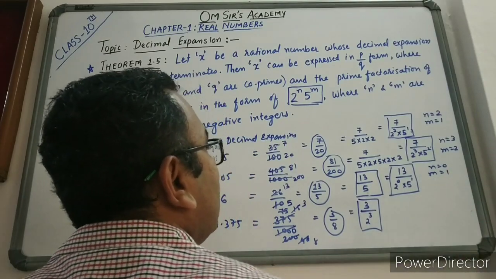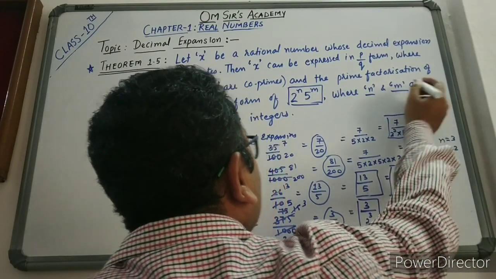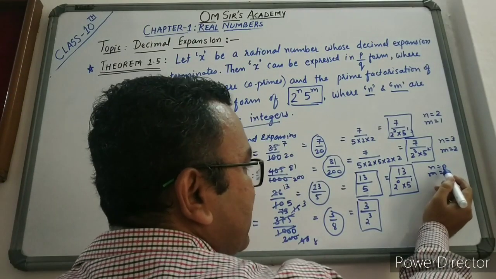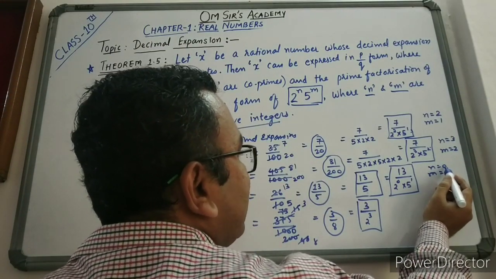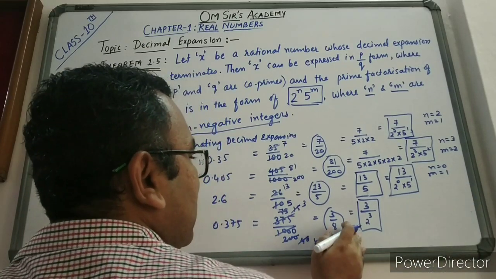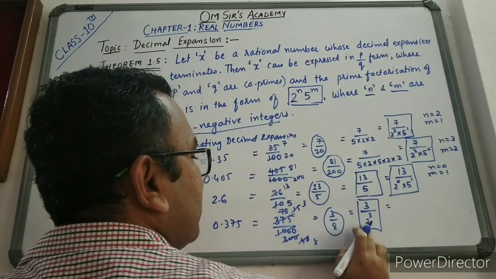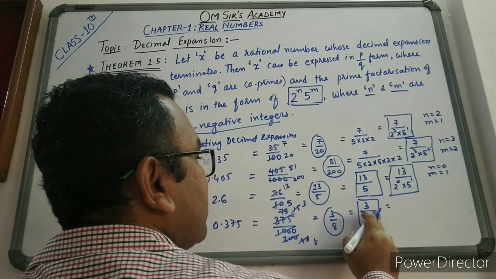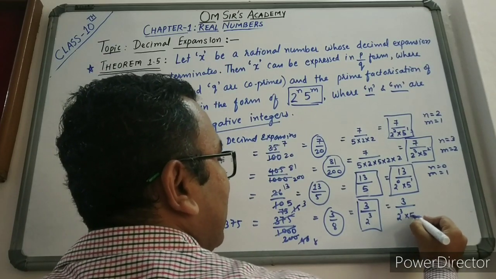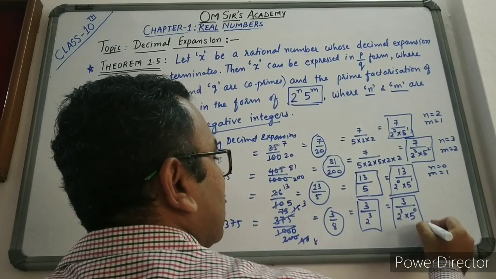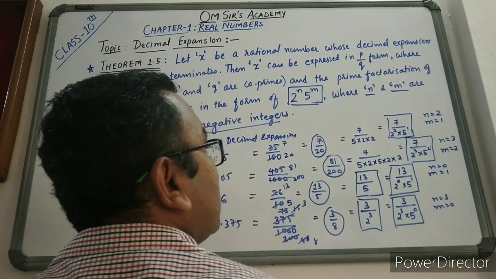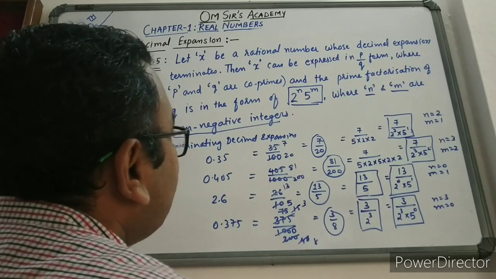1. Okay. So here what they say that n and m should be the non-negative integers. So 0 is non-negative integer. Is it clear? So it can be 0 also. Is it clear? And m is what? 1. In the last case also, here it was 2 raised to n, but 5 raised to m was not present. So we can write it as 2 raised to 3 into 5 raised to 0. Is it clear? So here n is what? 3, and what is m? M is what? 0. So is it clear, friends?